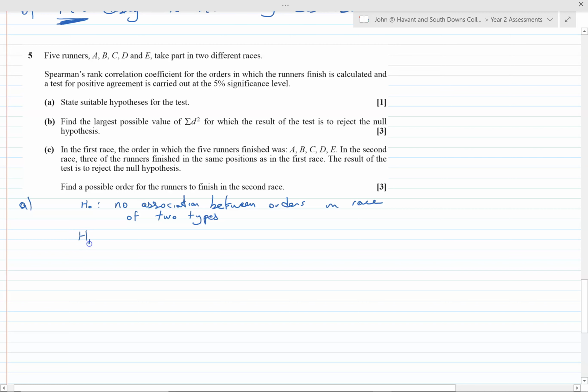And H1, there is a positive association, because the word positive agreement is used, between orders